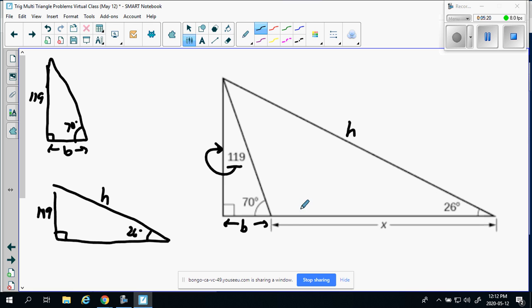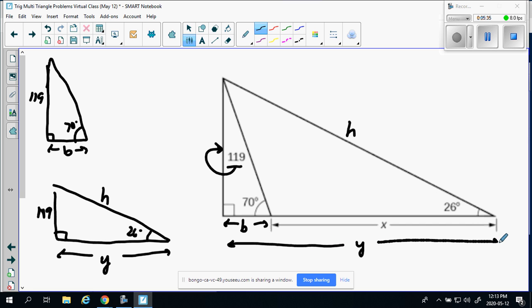And I guess I should give a name to this one down here. I'm just going to call this Y. It doesn't really matter what you call it. But Y actually goes all the way across, right? So once we have names for things, it becomes a lot easier for you to see what we might do